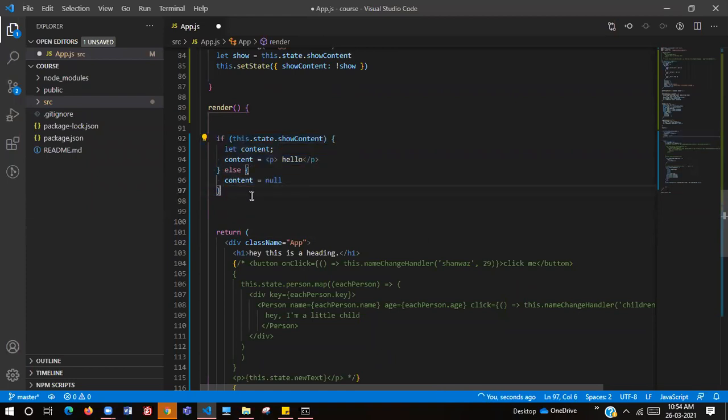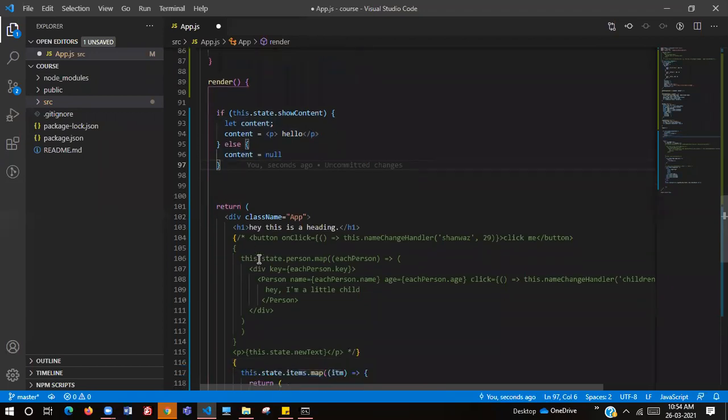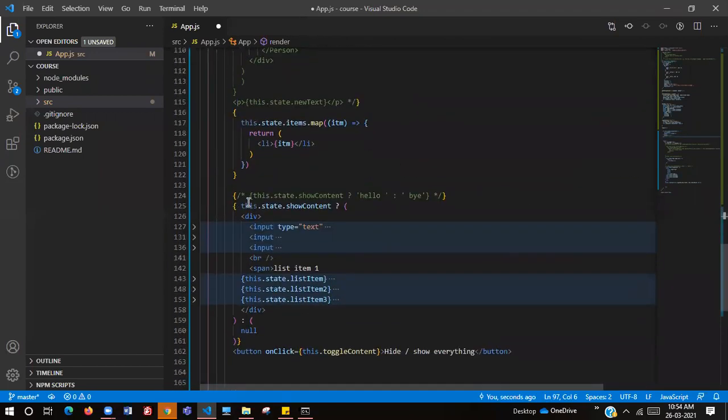If this.state.showContent is true, then we will execute this particular piece of code. And if this.state.showContent is false, we will execute this other piece of code.